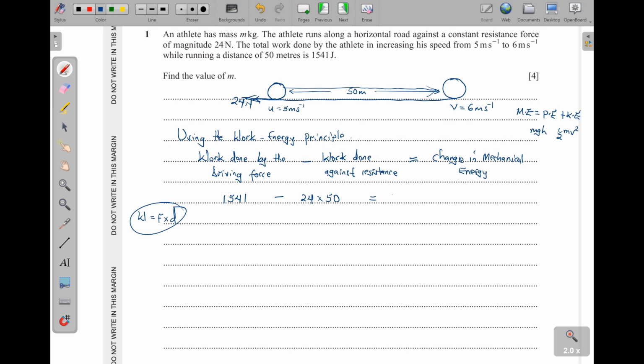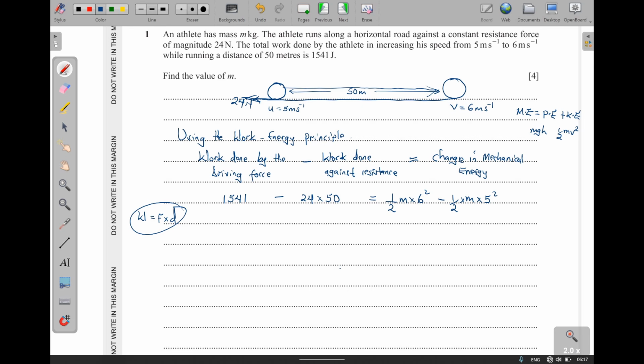We are going to say final mechanical energy, so a half m times 6 squared, minus the initial, a half times m times the initial speed 5 squared. So if we get our calculator here,